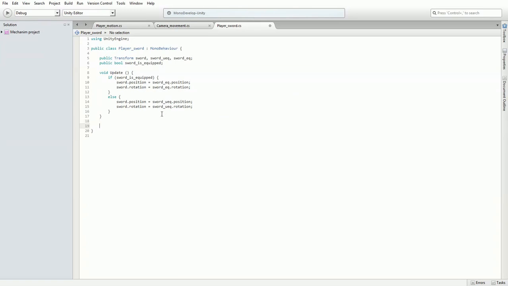So we need to add one, so click public void sort equip, and all we have to do is say it's now true,